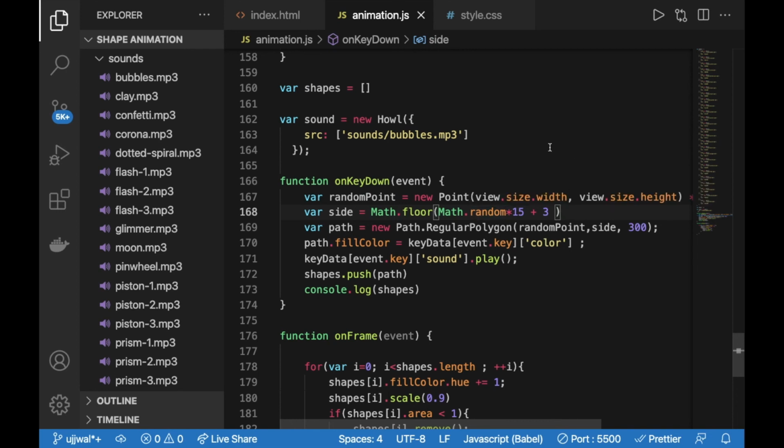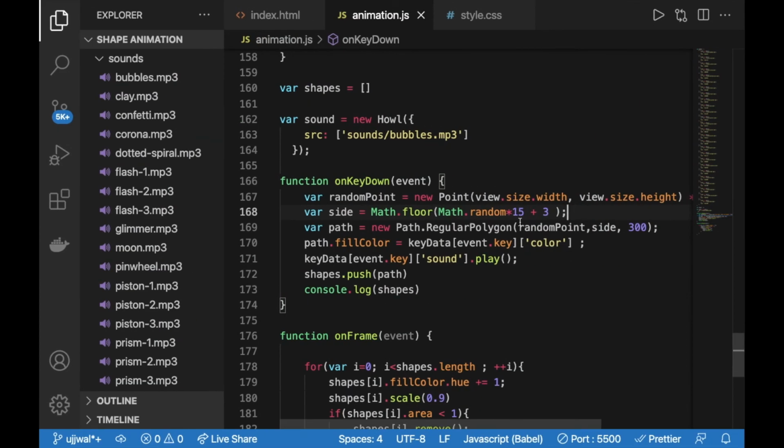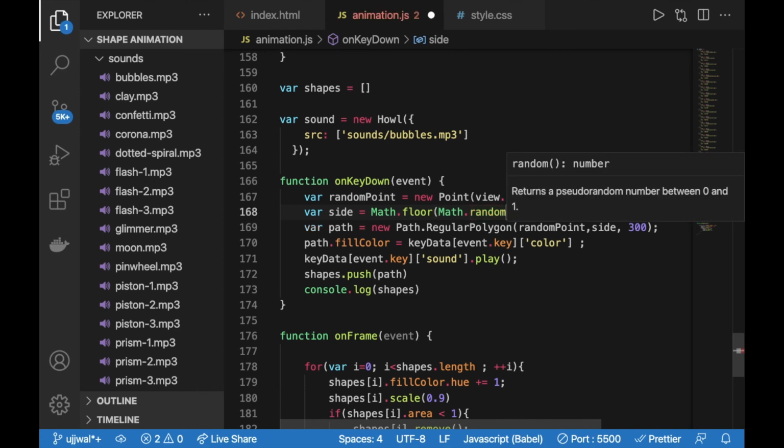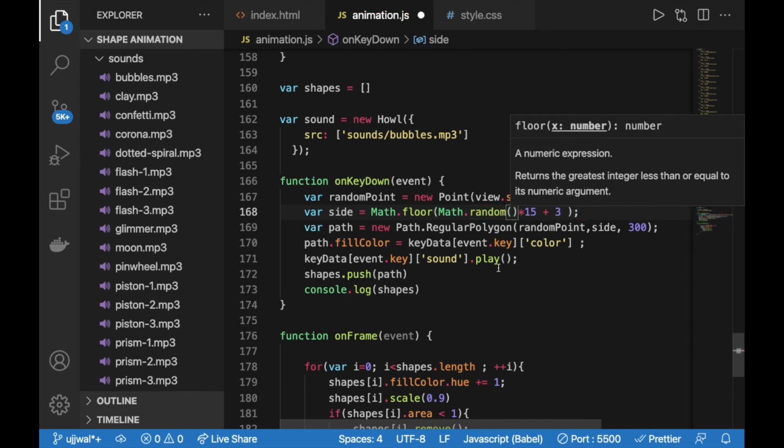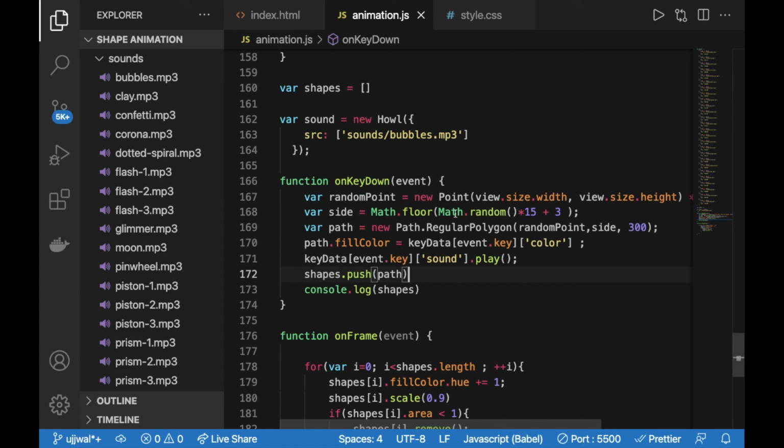Let's see if the things are working or if there is any error. Oh, there is an error, invalid array length in new Polygon. So for regular polygon we have something in here. I forgot to apply the parentheses with random, because Math.random alone is nothing. Math.random with parentheses. Let's see if we again are having any error or not. So we are not having any error.